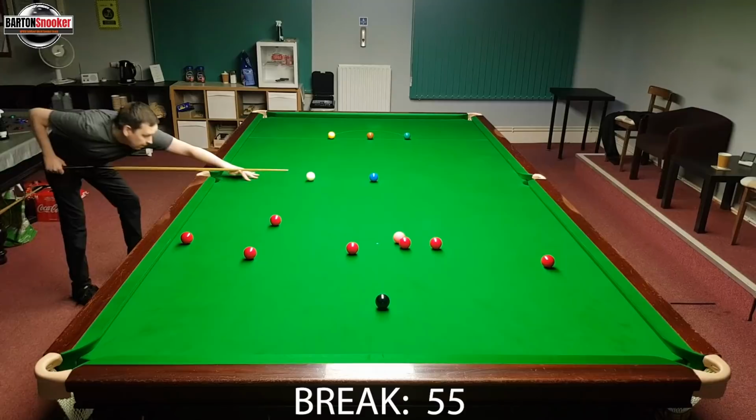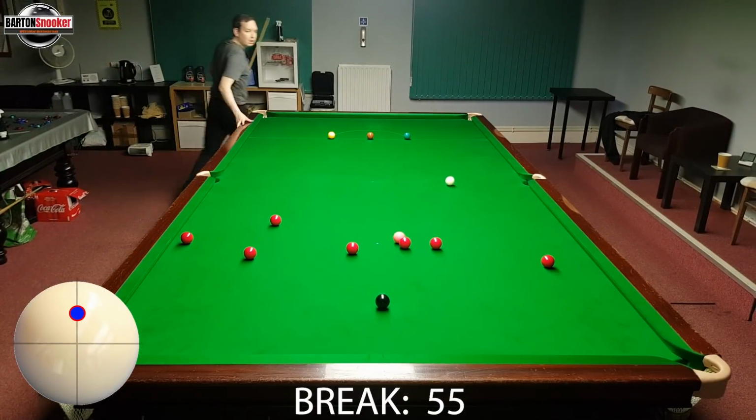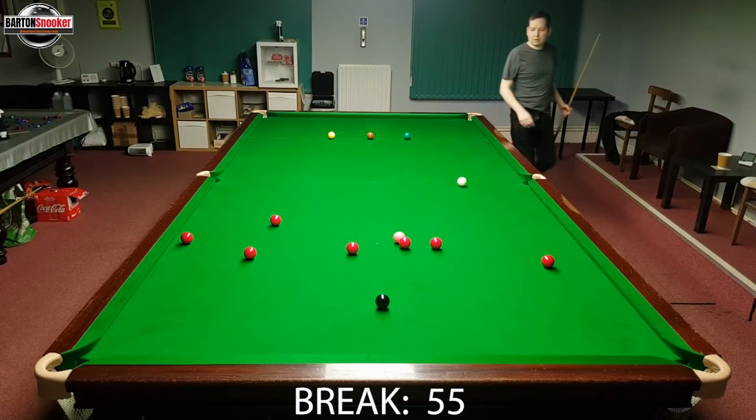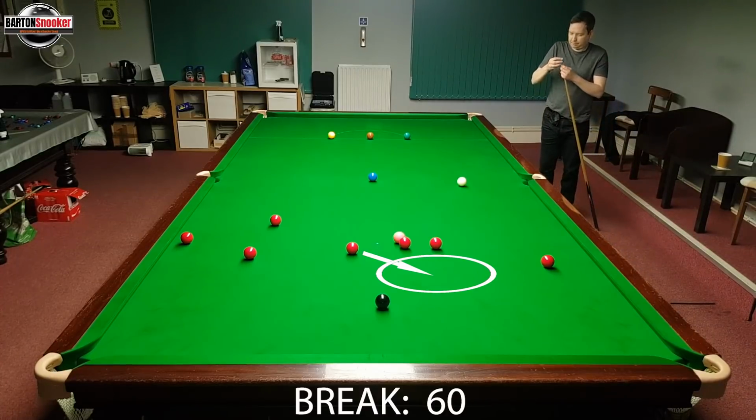So a little bit straighter on this blue than I want it to be, so I can't really do much with the white, so all I can do is just roll forward in a straight line there, leaving myself on this red here. Now I'm just going to screw across the face of the black here,